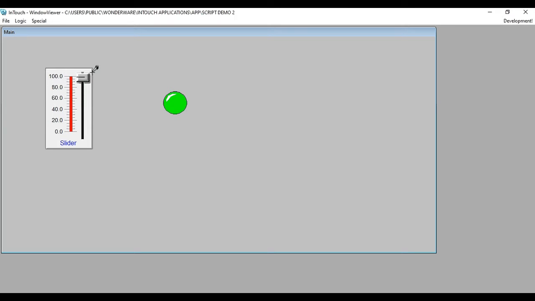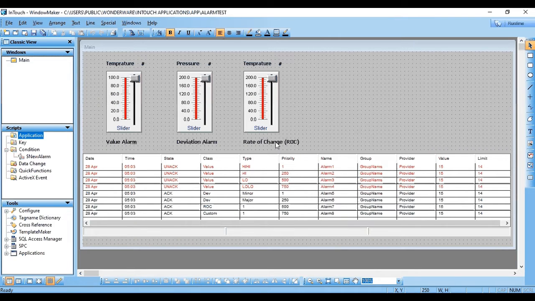Let me show you another example of condition script that I already covered in my previous tutorial for alarms. This is the application that I created for alarm testing. You don't need to bother about any of these alarms and values, but let me show you the condition that I applied. I used condition script.